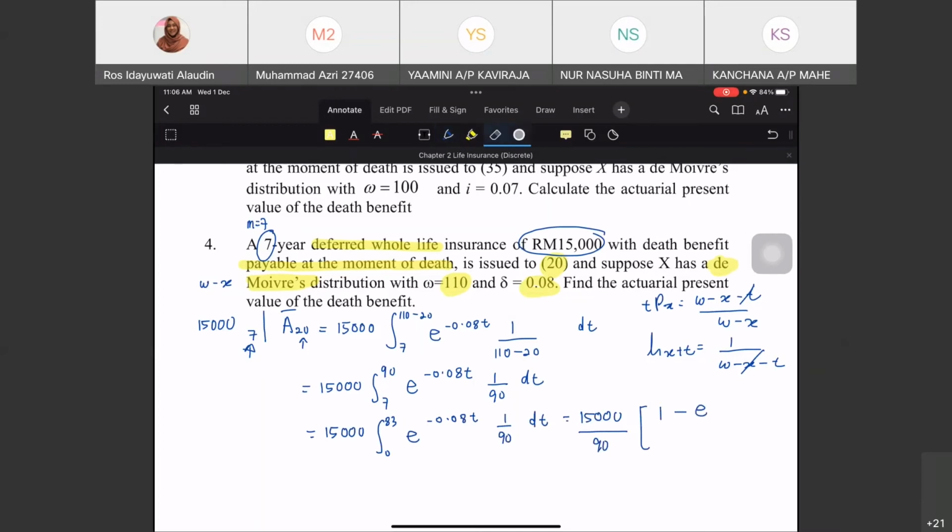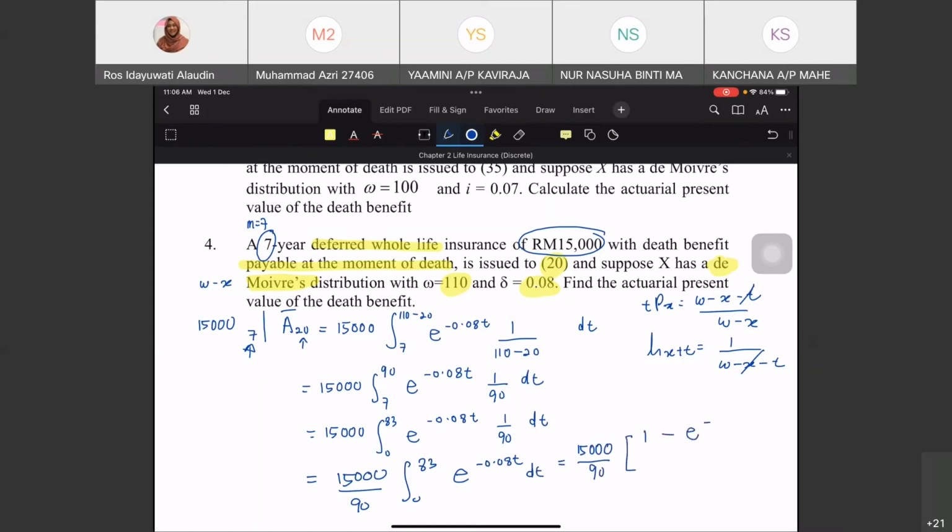Sorry, you are confused again. Never mind, I put another step here. So what is left? We take out 90, e to the negative 0.08t dt. So we just integrate e to the negative 0.08t and you will get 1 minus e to the negative 0.08 times 83 over